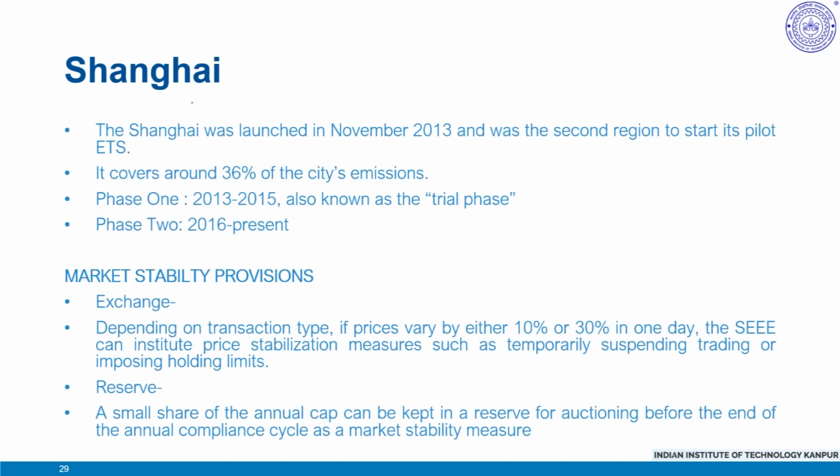Next, we have Shanghai Exchange. Shanghai Exchange was launched in November 2013 and was the second region to start its pilot ETS. It covered around 36% of the city's emissions. Phase 1 of this exchange, from 2013 to 15, also known as the trial phase, and phase 2 was 2016 to present. So it has been